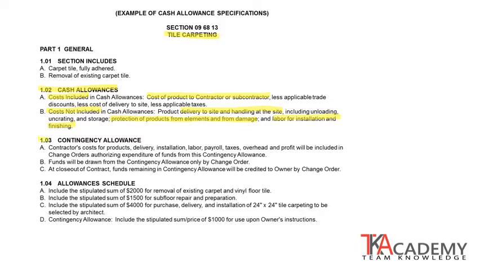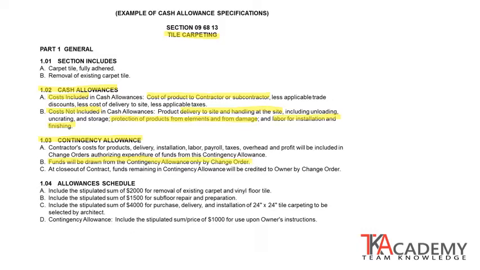Here's another way of doing a cash allowance. This is for contingency. It's always wise to carry a contingency amount in a project. In this case, the owner is not keeping the contingency. We are putting it on the general contractor. We're telling the general contractor that they must carry a contingency for the project. And this probably should have some type of sum in here telling them what amount of contingency to carry. But then this is available for the owner to be able to draw on.